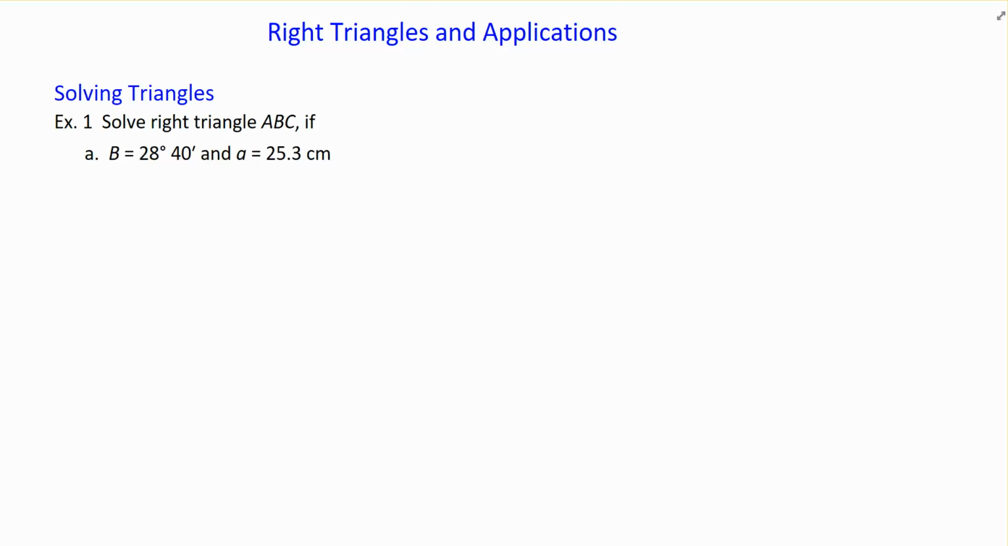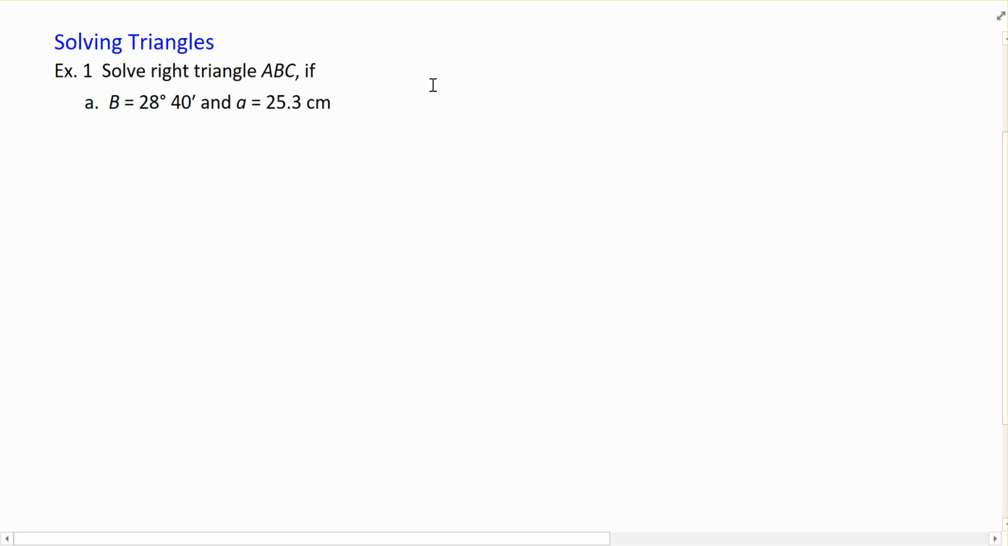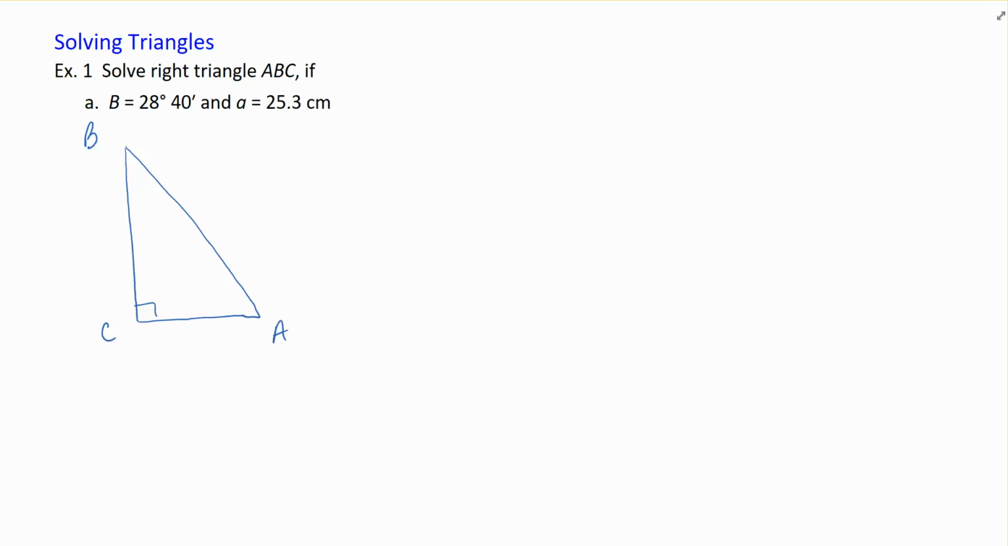25.3 centimeters. So let's start by drawing the triangle since it's not given to me, and I'm going to make the assumption that angle C is going to be my right angle. So I've got angle A, B, and C because C is going to be my right angle. And then I'm told in the problem that angle B is 28 degrees 40 minutes and side A is